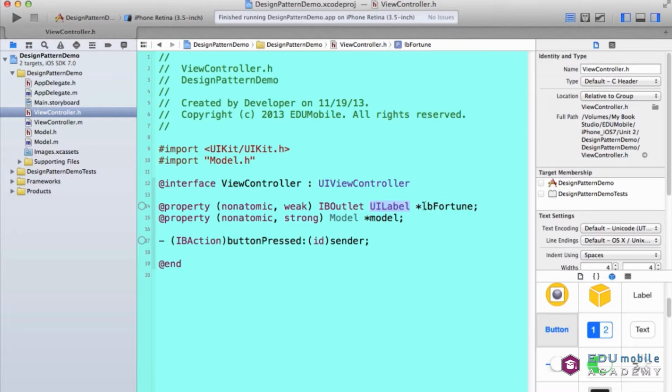It's a label, LB, for fortune. Now, we don't have to use this kind of syntax. This is just kind of my habit. I like to precede my labels with LB and my buttons with BTN and so forth, so I know what those properties refer to. I have a method, buttonPressed, and this is a method that returns void, but I'm